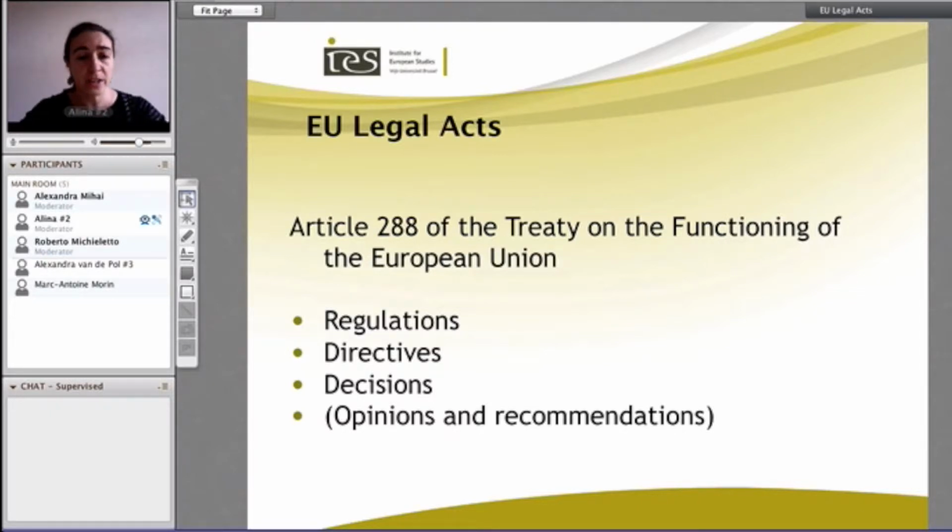And then the last type of legislative act that we have here are the so-called decisions. The decisions are addressed to a specific person, so they have a specific addressee of this act, and they're legally binding only in respect to that person. So for instance, if the European Commission decides to fine Microsoft for the abuse of a dominant position, this is the legal act they are going to use. It's going to be a decision addressed specifically at Microsoft and setting up a certain amount. So this is it with regard to what we have in terms of legal acts.